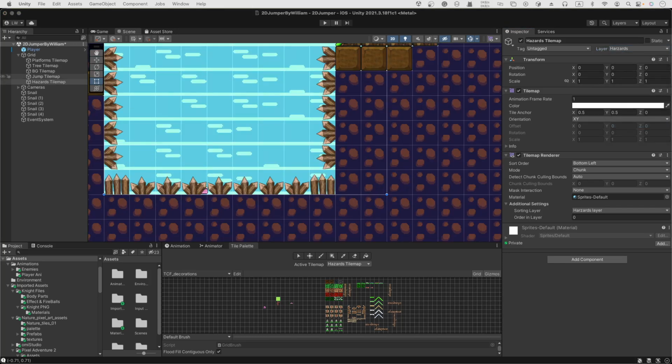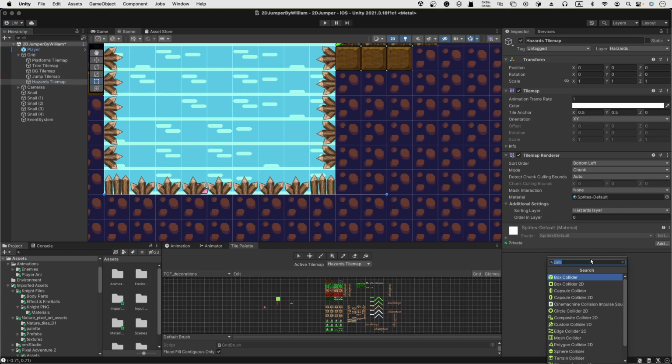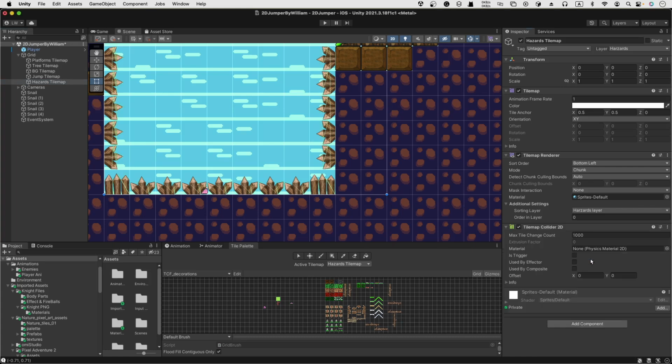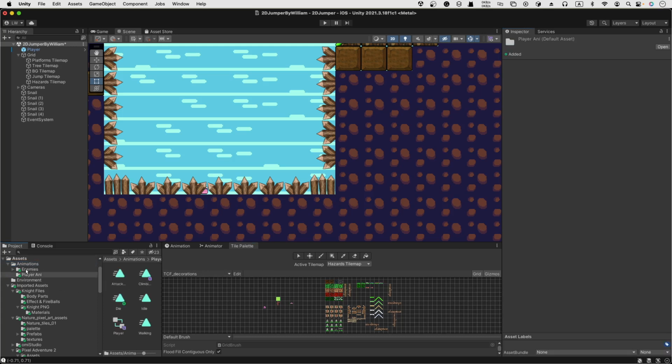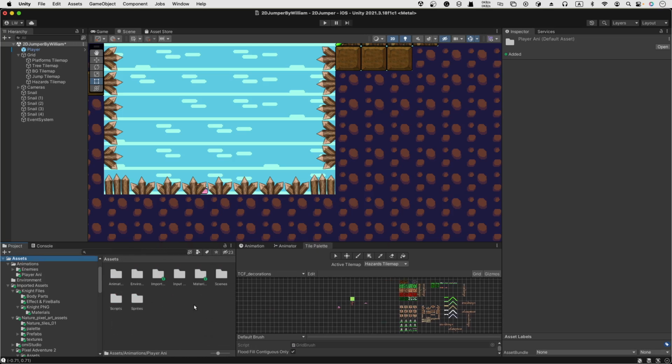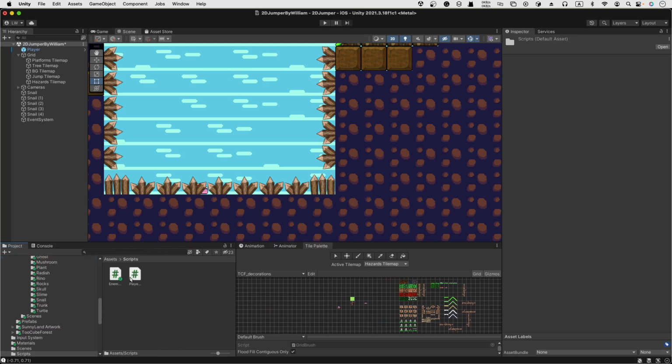So before we actually apply anything to this tile map, I think we need to add a collider here so we can trigger that. So Tilemap Collider 2D, and I'm going to set its trigger, and of course I'm going to grab this hazard. So every time the player touches the hazard, it would die. So let's go back to scripts, Player,